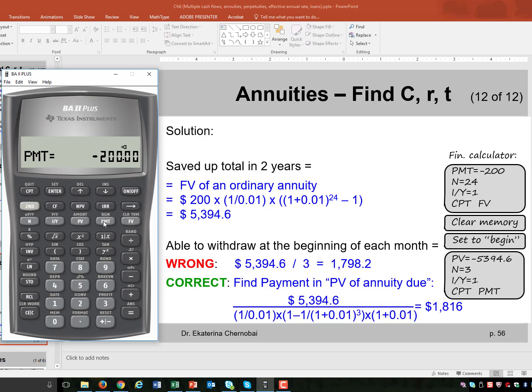How many deposits will they make over 2 years? Because the deposits are monthly, we need to stick to the monthly frequency throughout all of our calculations. And the number of deposits should be 24, N. Then we need to enter the interest rate that the money will be earning in the bank account until the friends leave for their trip. Again, the interest rate must be monthly, which is 1% per month. You put 1 I/Y, and you're computing future value,